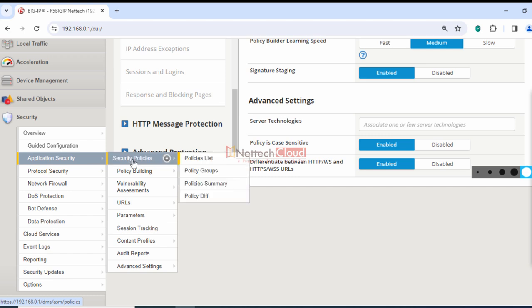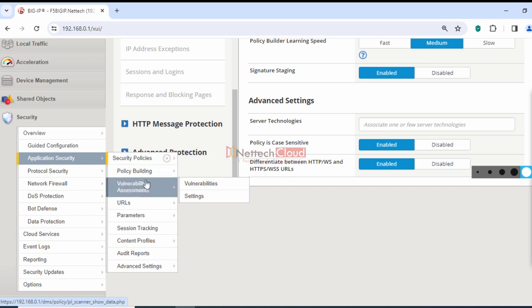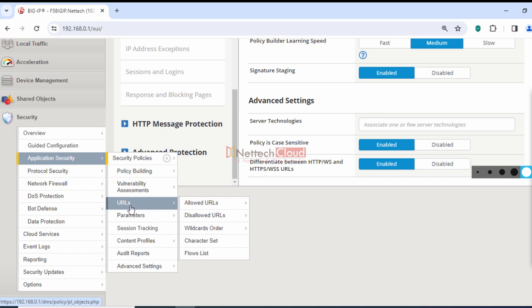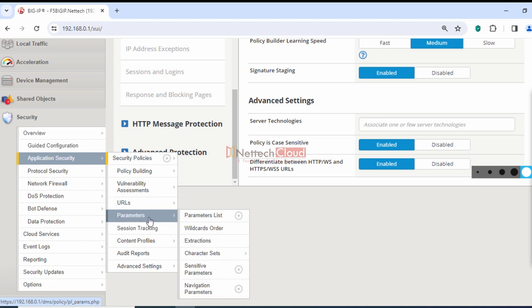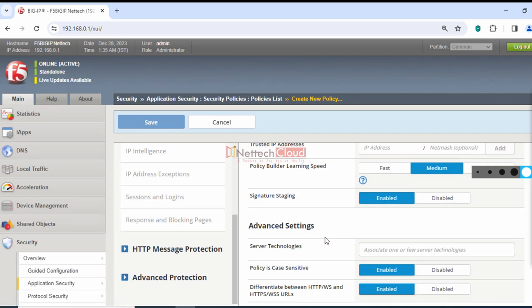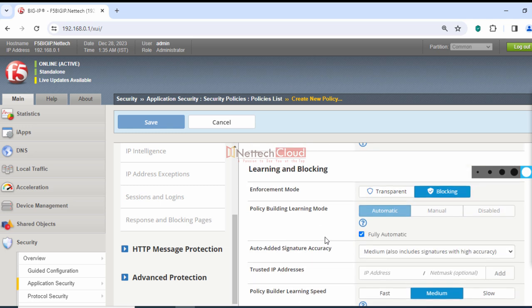I'll explain that in another section. But you understand the power of it, and it's not only about the F5 WAF. There are other vendors also, right? Even I teach FortiWeb also. FortiWeb is also very good, but not as good as F5 BIG-IP ASM, but